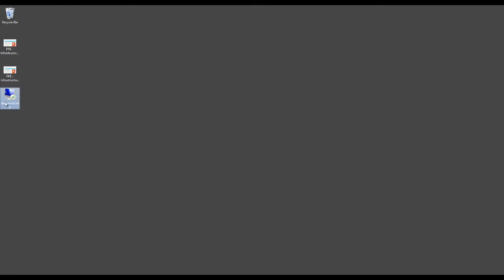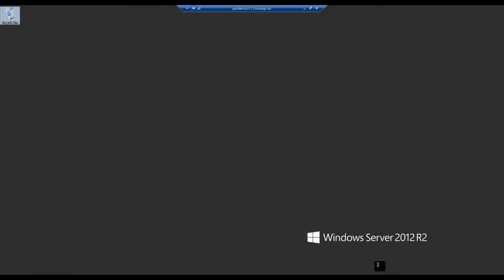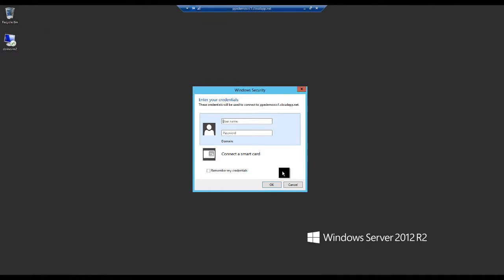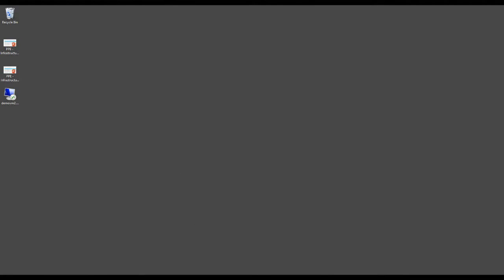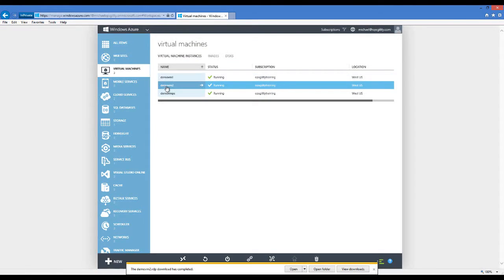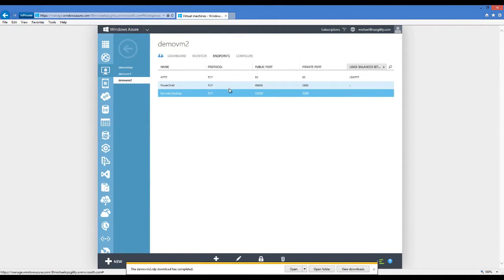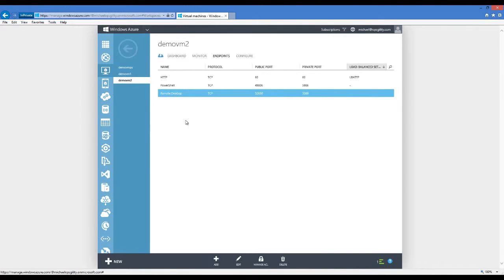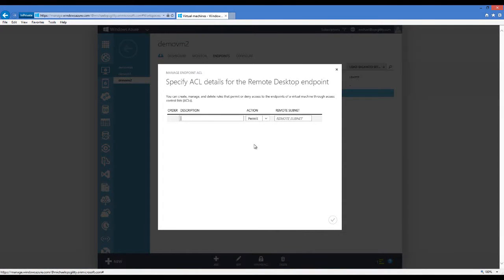So I'm going to copy this RDP file and put it on the desktop of demo VM1, and just ensure that I have connectivity from the cloud service IP address as well. So both areas can connect. So now I'm going to go back to the Windows Azure Management Portal, and let's modify the endpoint for demo VM2's remote desktop. So I'm going to highlight the remote desktop endpoint, click Manage ACL, and I'm going to add